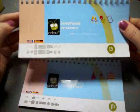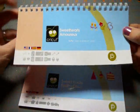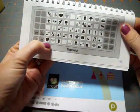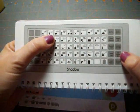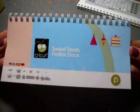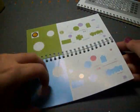Okay, so for today's project, we are going to be using the Sweethearts cartridge. We are going to be using the little scalloped heart with the little circles in it, as well as the little Cupid. And for the treats part of the box, we're going to be using this adorable little cartridge, Sweet Treats, and we're going to be doing